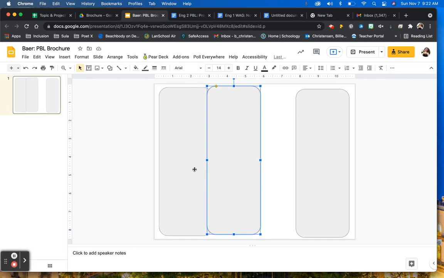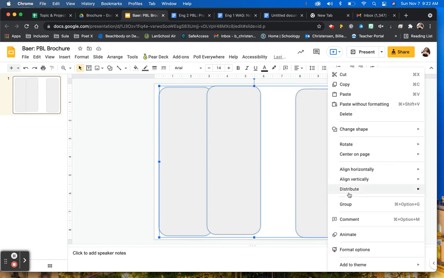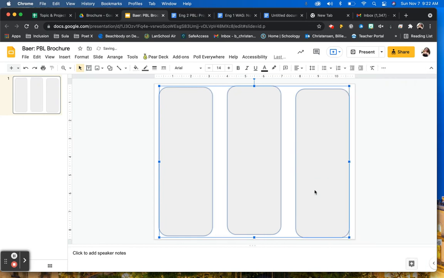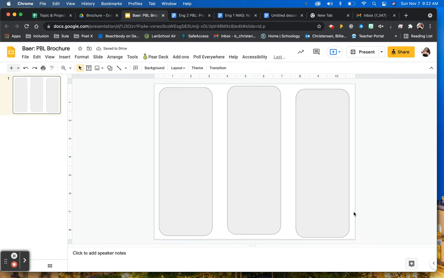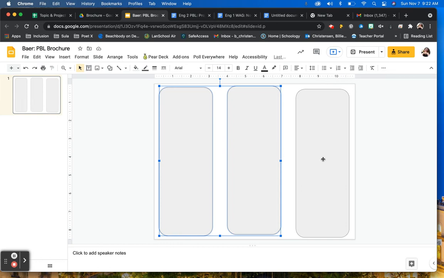So to distribute it evenly across the page, I want to do Shift, and select each one, right click, distribute horizontally, and now they are distributed evenly. But you'll notice that they are not aligned vertically. And so we want to make sure that we get them aligned vertically. So I want to click on this first one, Shift, right click,